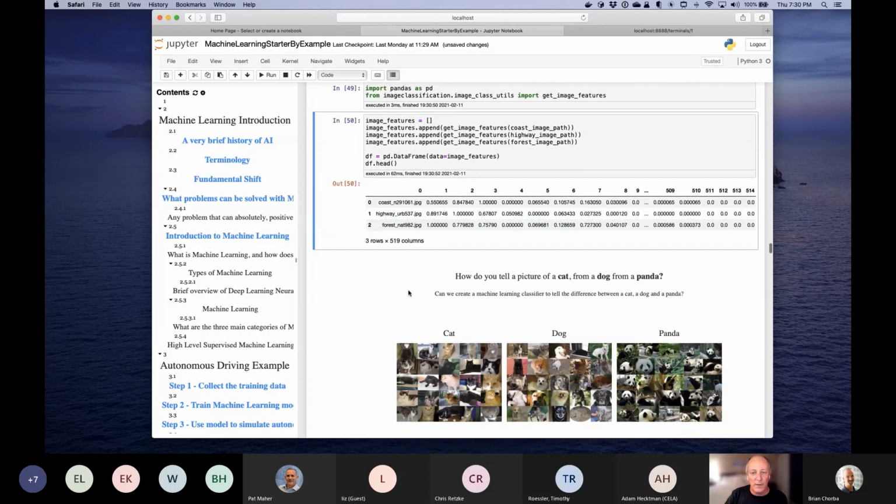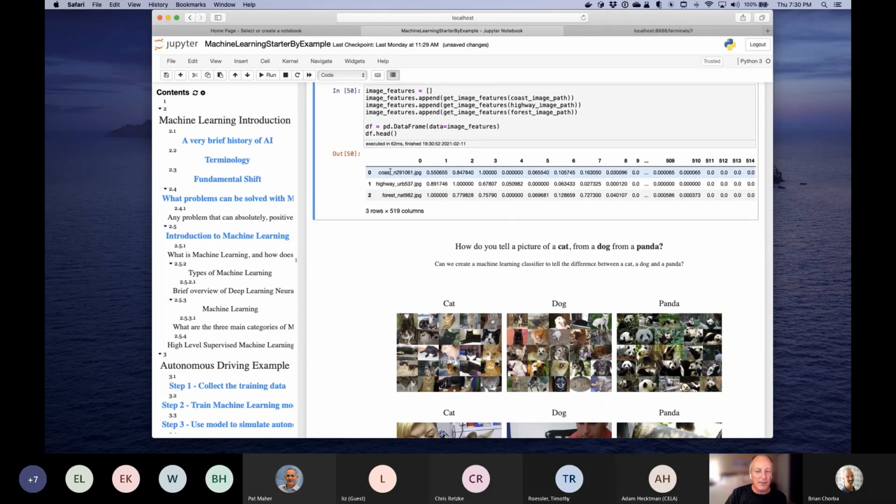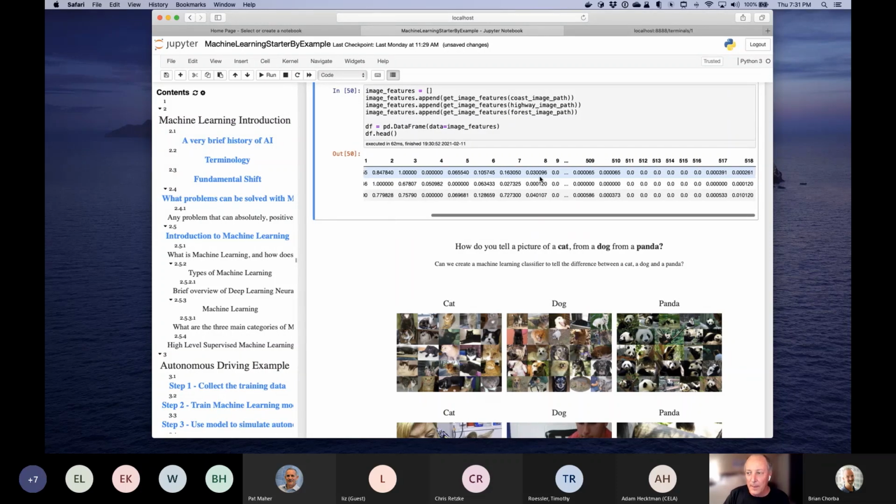All right, one quick view of the data. So I've taken each one of those pictures that I want to take a look at, and I just want to give you a sense for what that data looks like. It's just a table of numbers. And again, just to impress that if we had to write the code to do this, finding the pattern in those numbers would be super hard.